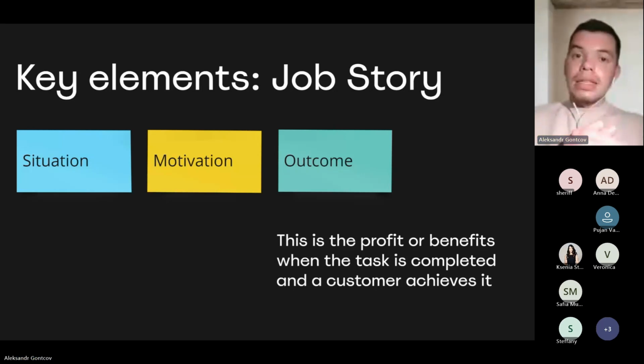And all of that in that context, a particular task, provides them with a profit or benefit, which can be a material or tangible or intangible profit. For example, they will see the picture on the wall and they will be happy. Basically, this is the narration that you will work with as those who will apply the jobs to be done methodology.